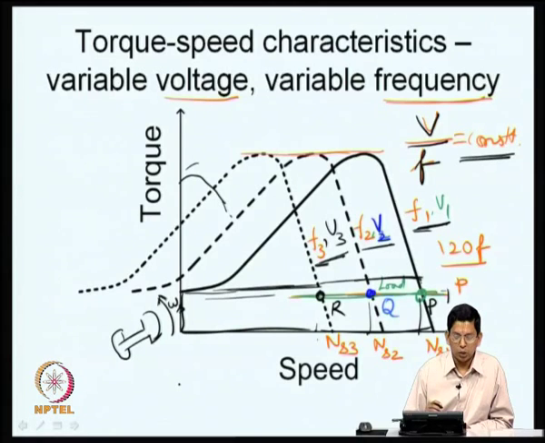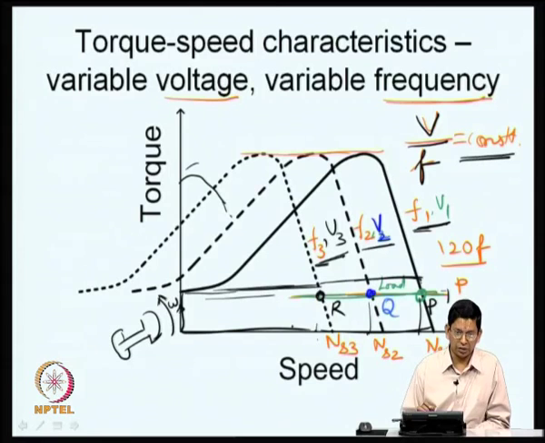So, this also gives you a fairly simple way of getting the induction motor started. How do you get an induction motor started? As you always know, the starting currents are very high. With a direct online start, you may get currents roughly 5-6 times the rated current as your starting current, but that is only for a short duration of time and the motor is designed to stand that. But many times you want a smooth starting. Why? Because if the motor is going to be fed from an inverter, the motor can take a high starting current, but the inverter might not be able to take it. That is one reason why you have to limit your starting current to as low as possible.